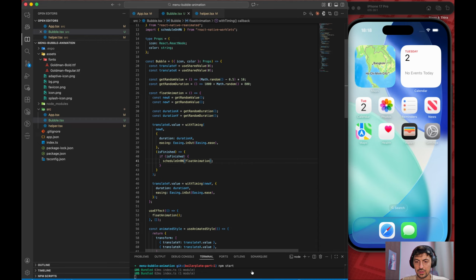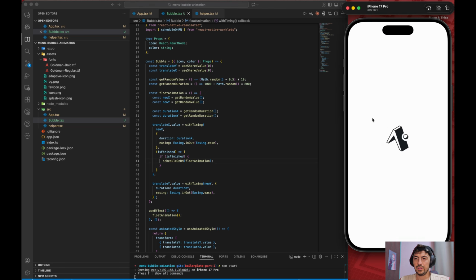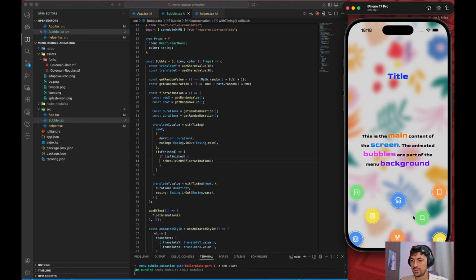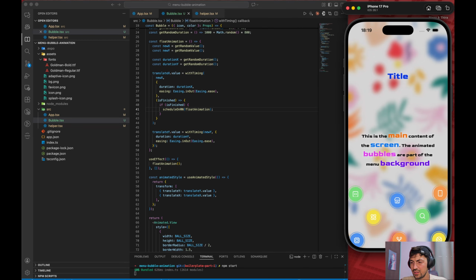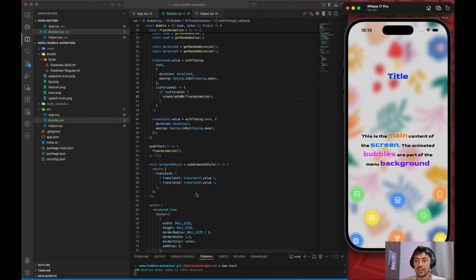Yep. And let's run the app again. Yeah, let's see what's happening. And as you can see, these bubbles are animating always now and never stopping animation. I like that. Yeah, with that, I think this bubble floating animation is done, but let's add the